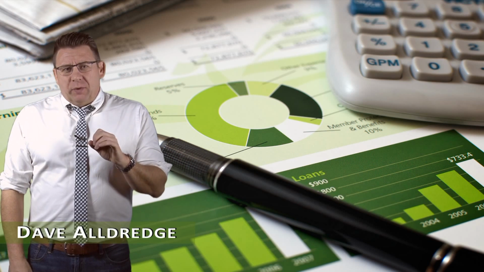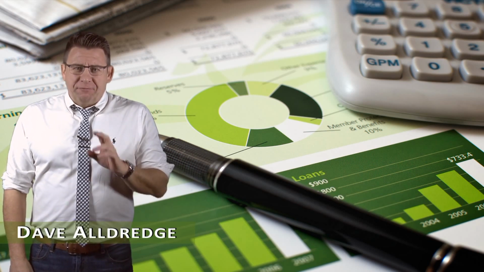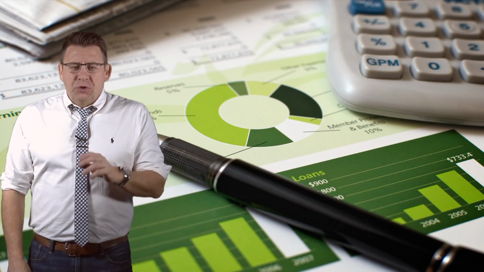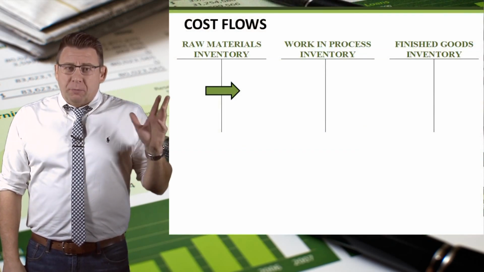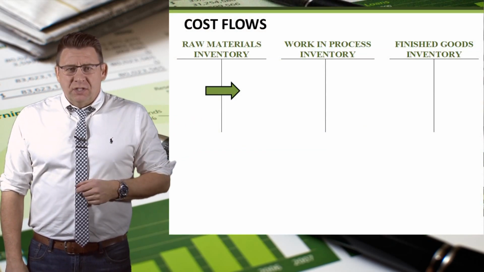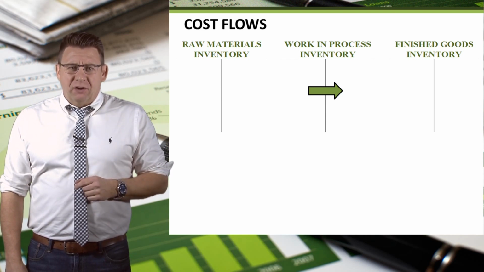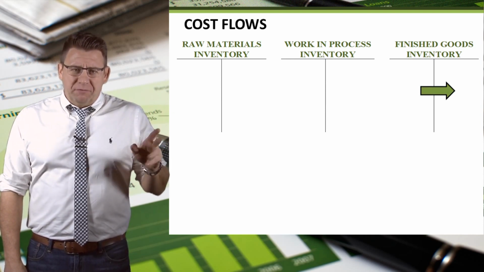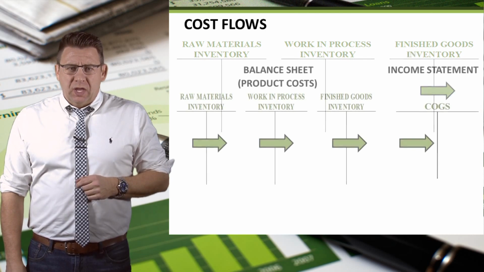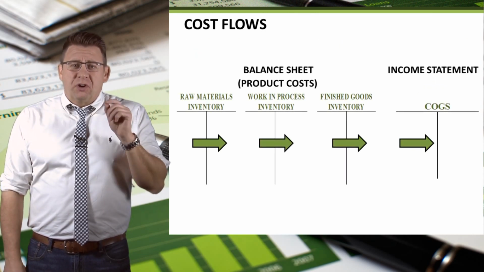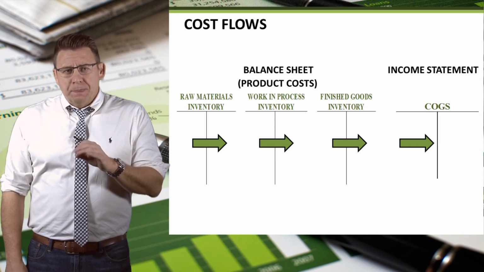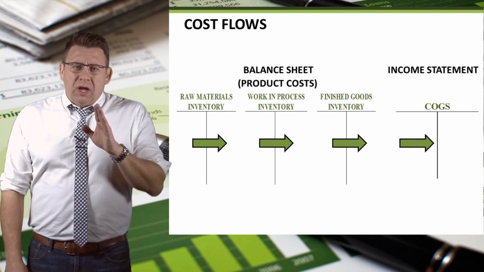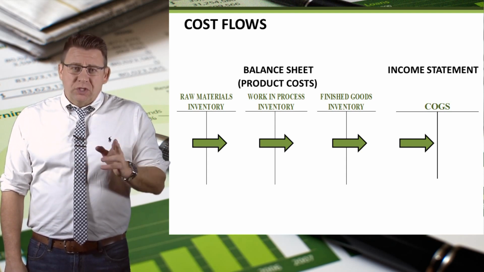One important thing we need to understand is the flow of costs through the manufacturing process. The cost flows move from the raw materials account to the work in process account to the finished goods inventory account. These three inventory accounts are all balance sheet accounts. Once a product is sold, the cost is moved to cost of goods sold account, which is on the income